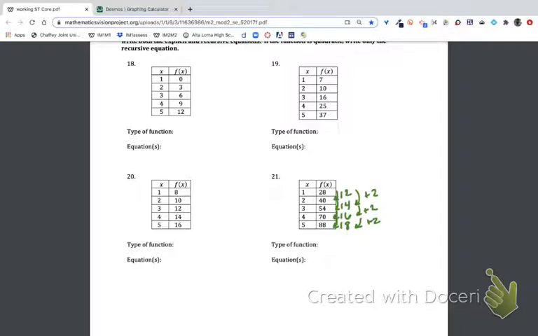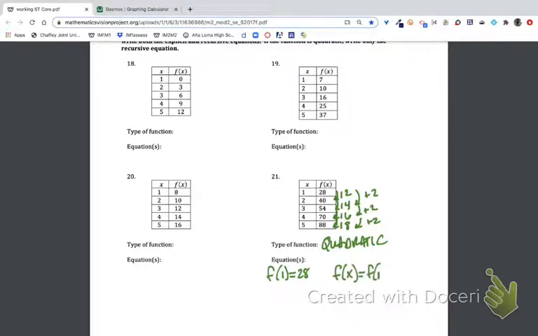Now, based on the second difference, we know that it is quadratic, has that common second difference, and our recursive equation, f of 1 equals 28, and then f of x equals